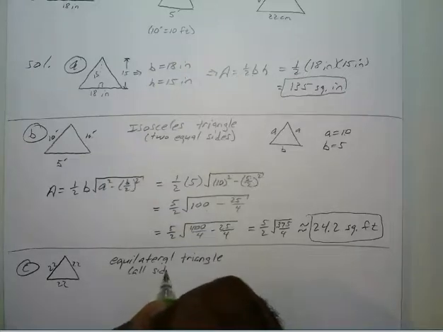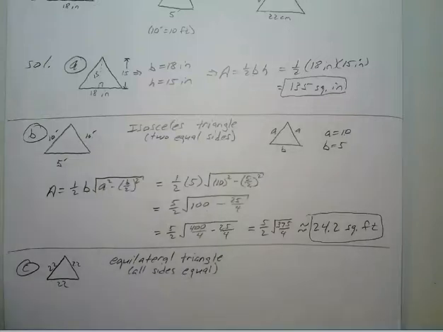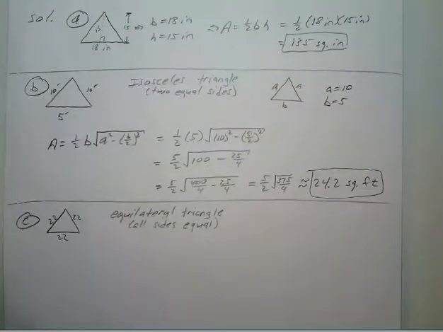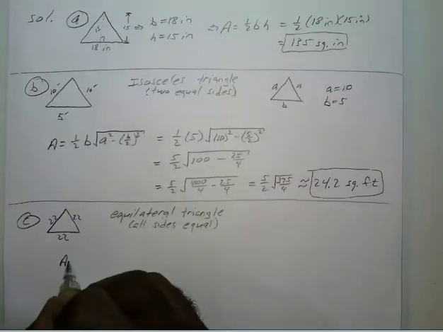All sides are equal. Okay, so if you have an equilateral triangle, you're going to use the equilateral triangle formula for finding the area. Okay, so we know that the area is about equal to